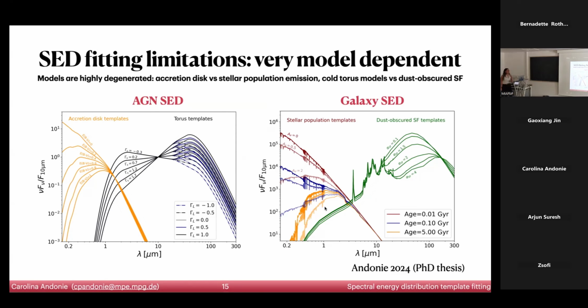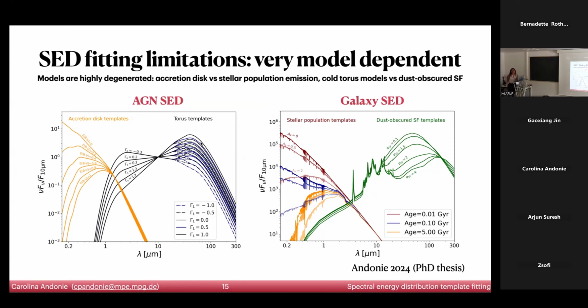So it is important to use the information that we have of the sources to perform the SED fitting. So for example, if we know that my AGN is very luminous because we have extra information of the AGN, the stellar population cannot be too young because the AGN needed some time to grow, for example. So I can place some constraints or a lower limit on the age of the stellar population. So I won't get a solution where I am modeling a very young stellar population and maybe actually the UV optical part is showing the accretion disk, for example.